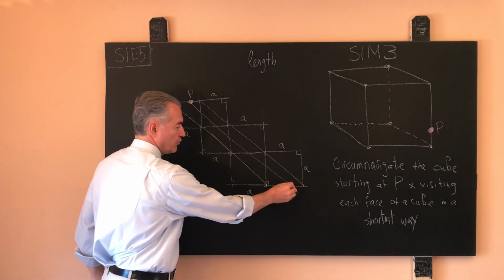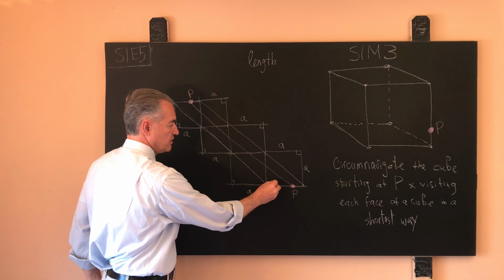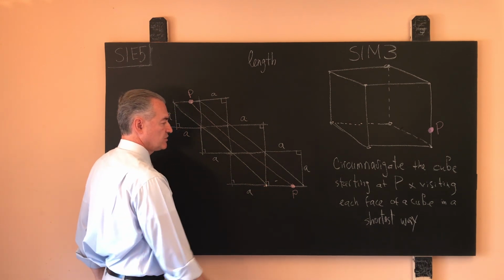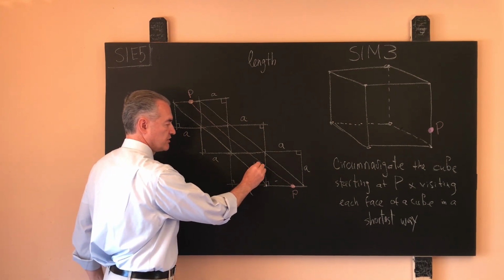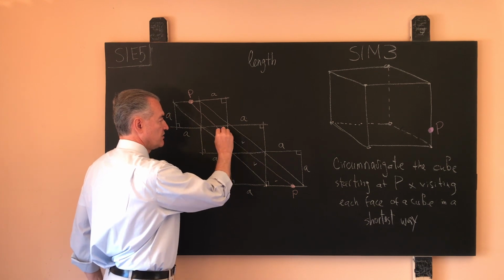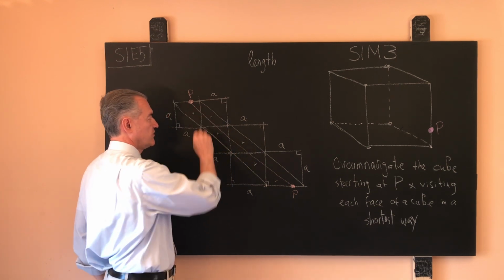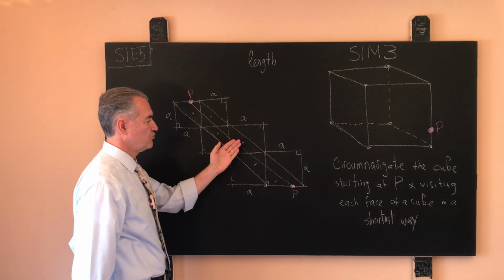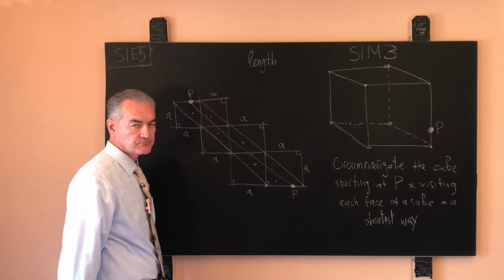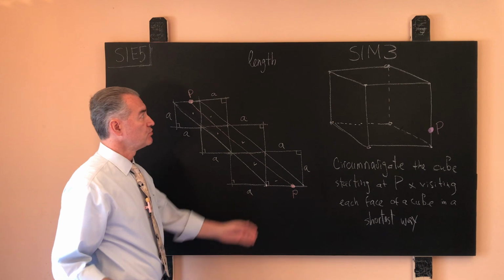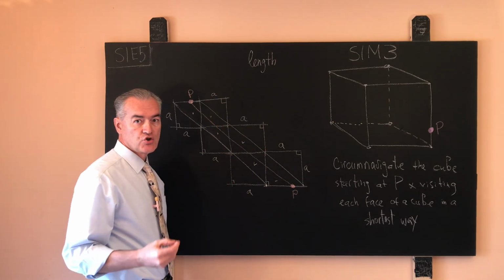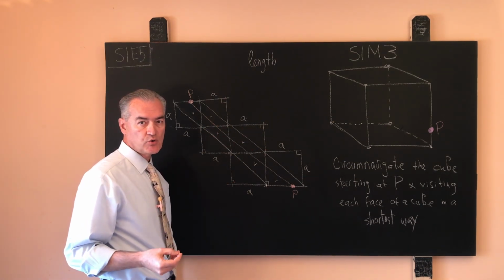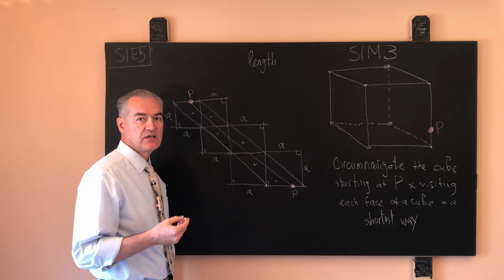On the first leg of the journey, we visit this face. On the second leg of the journey, we visit this one, then this face, then this face, and this face, all accounting for all the faces. Now, let's try to compute the length of that shortest circumnavigating orbit that visits each and every face of a